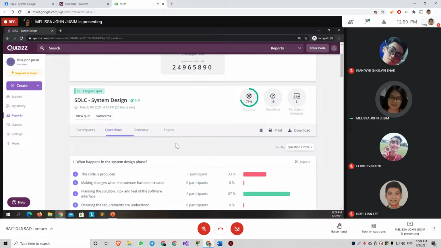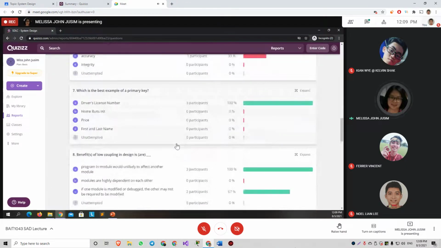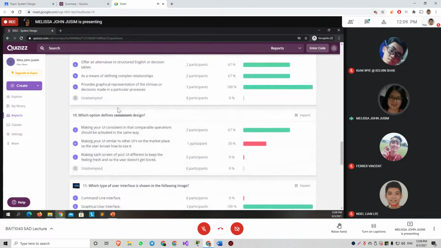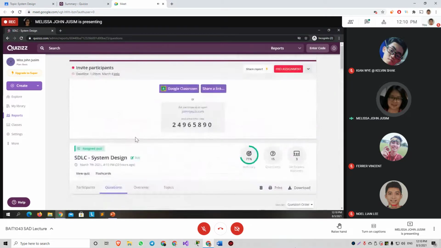Consistent design: this is making your user interface consistent in that comparable operations should be activated in the same way. And this is in our first chapter of the system design. Do take note on this one as well, because I believe you will need to design your interface screen, if I remember it correctly. And then what else?